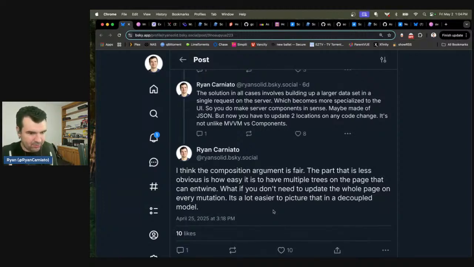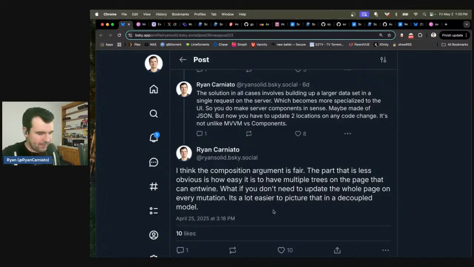Basically, the same superpowers and strengths that allow you to do this single tree also mean mutation isn't granular. So a lot of people are looking at using the route level, which actually ends up being very commonplace. I think in Next's app router, each nested route section can basically act as its own independent tree. You don't have to do the whole page. You could just do it from the route section. And I think what's happening is, if you have pages that change dynamically significantly enough, it's very hard for people to see